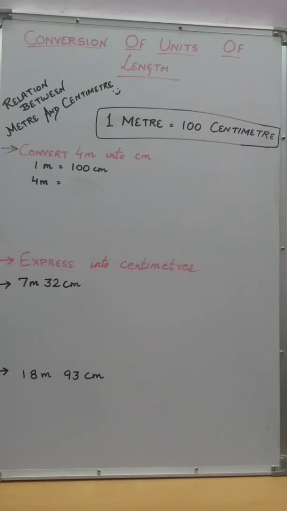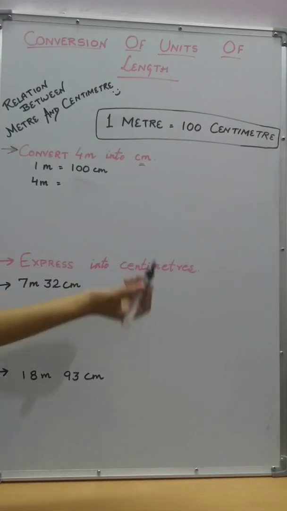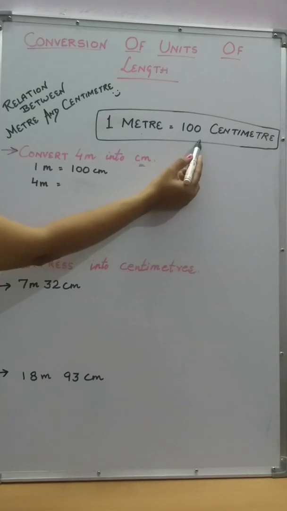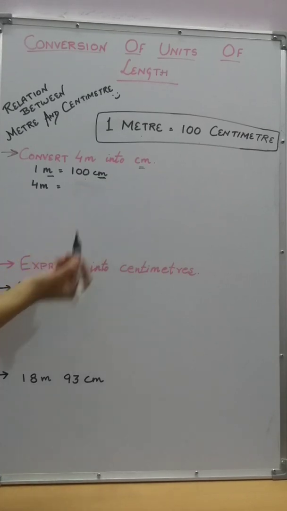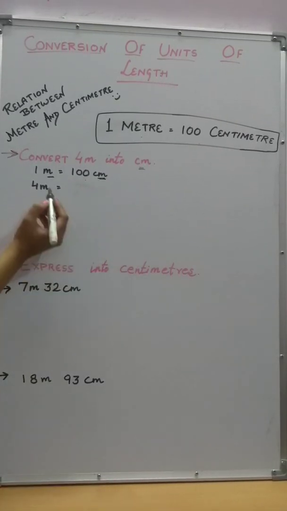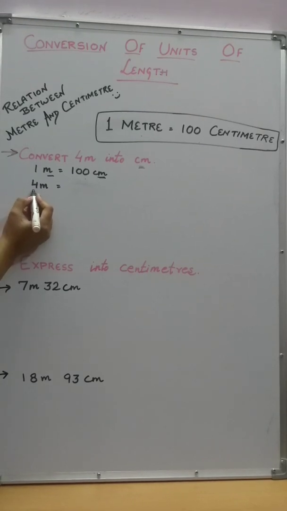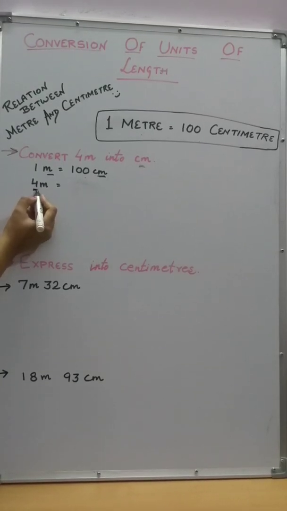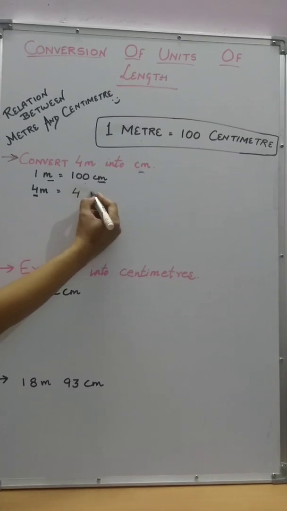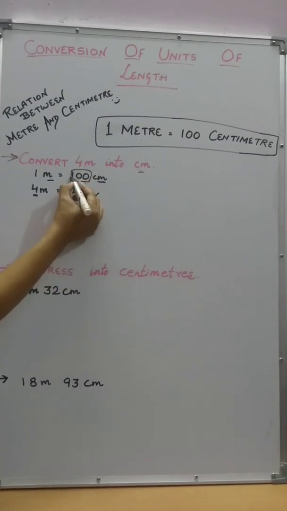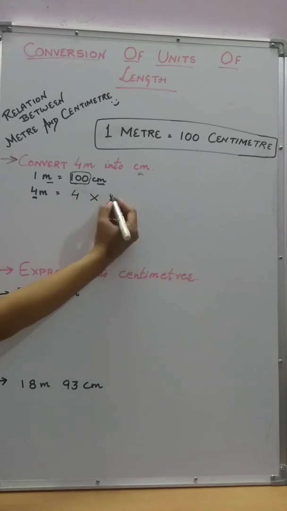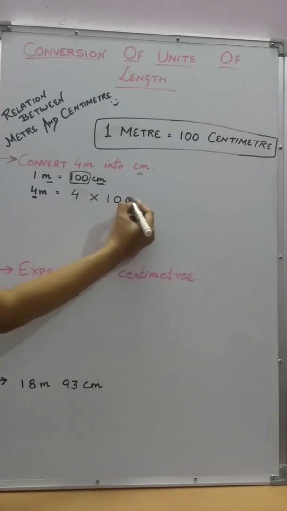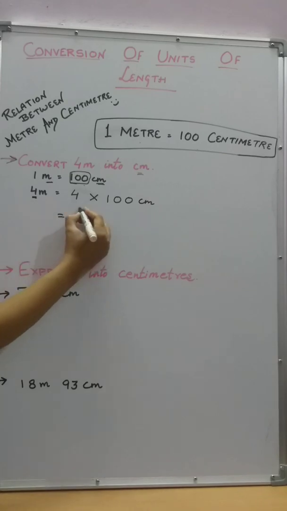Here we have to convert 4 meter into centimeter. As you know, 1 meter equals 100 centimeter. m stands for meter and cm is centimeter. So what to do is, we have to convert this 4 meter. We are going to multiply this number by 100 because 1 meter equals 100 centimeter. So 4 multiply 100. So it will be 400